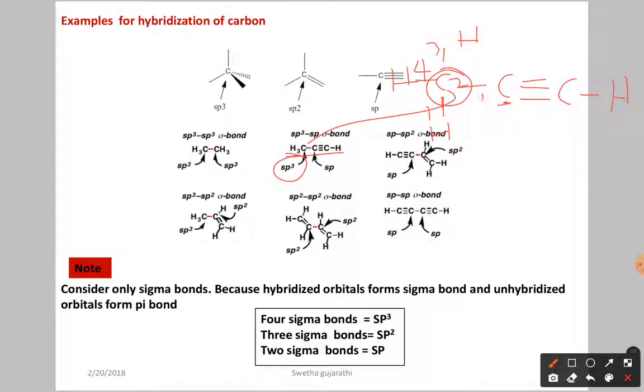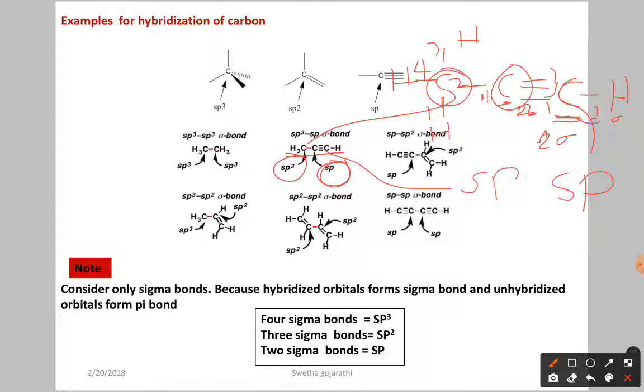Let us see about this carbon. Here this is first sigma and second sigma. If multiple bonds are there, you have to take only one as a sigma. So 2 sigma means this carbon atom is sp. Next, here we have 2 sigma, so this is also sp. Now let us see this carbon here. Again we have 1 sigma, and another, the second sigma. So 2 sigma means hybridization is sp. Here it is not there, so this carbon also has sp hybridization.